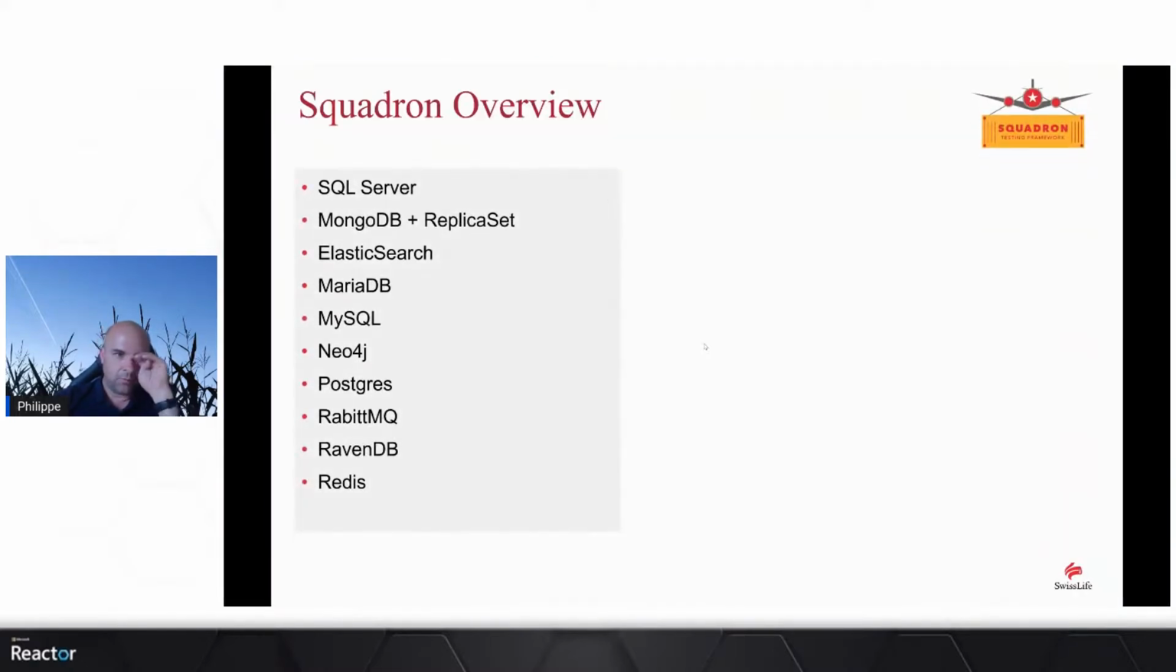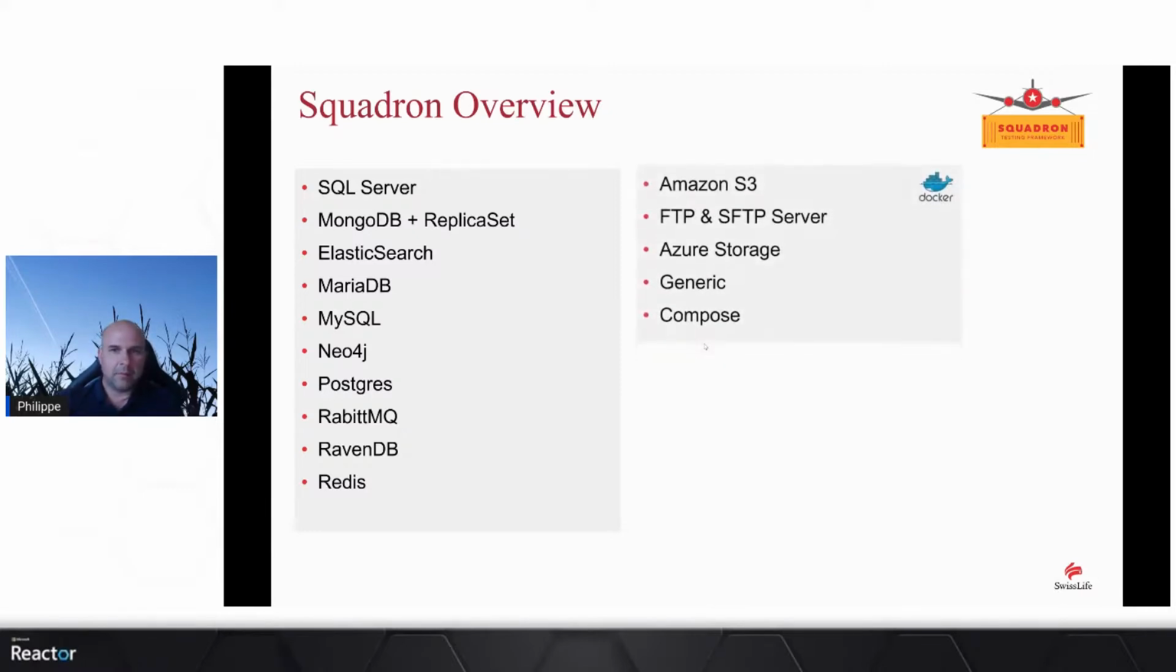So I'm not stopping it, but going back to the slides. Quick overview of what we have. This example was with MongoDB, but there's much more. There's SQL Server, Elastic, also some event-based things like Redis and RabbitMQ,